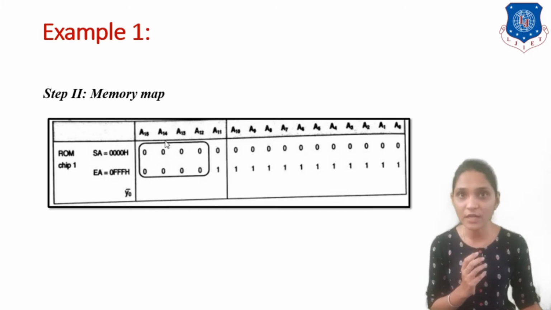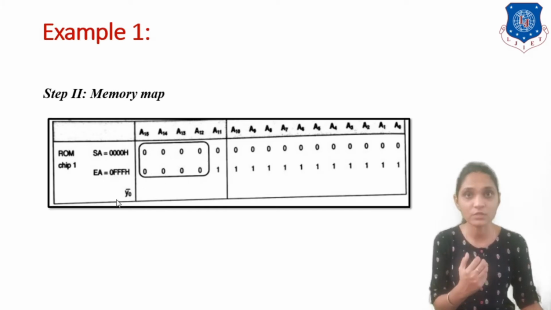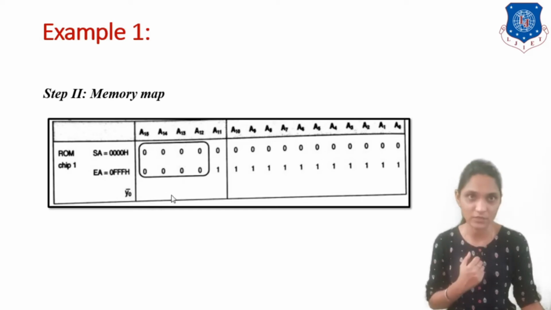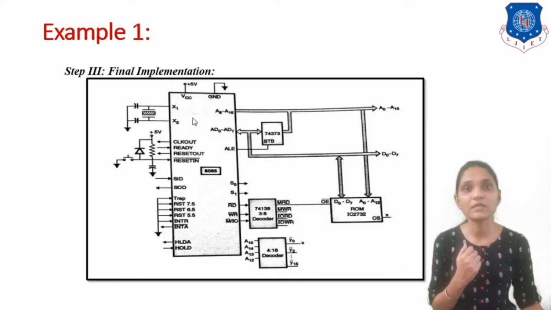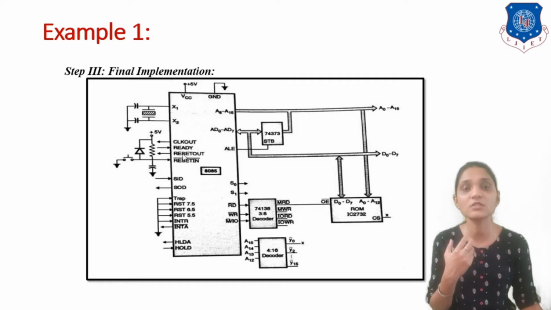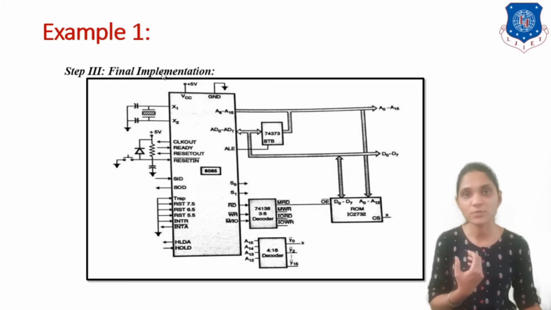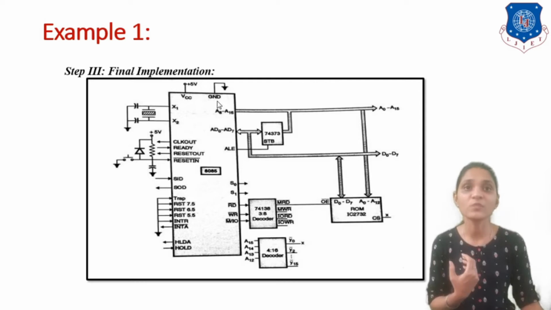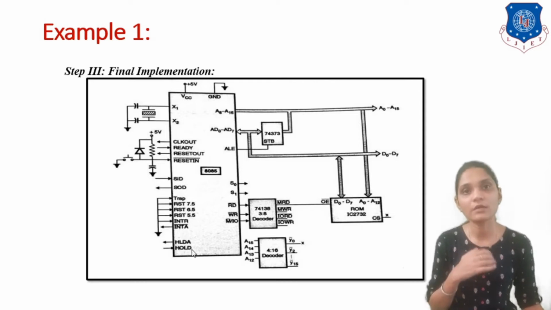Okay, and for that also the output will be activated for the 0th input, that means my output Y0 will be activated. Okay, so we can give it like this. This is the microprocessor 8085 with all other pins, like where you have connected crystals, where you have provided clock in, ready, reset out, reset in, inputs like interrupts, SID, SOD, hold and its acknowledgement and all other things, power supply and ground. This is the optional thing. If you remember then you can write it, otherwise you can skip it.